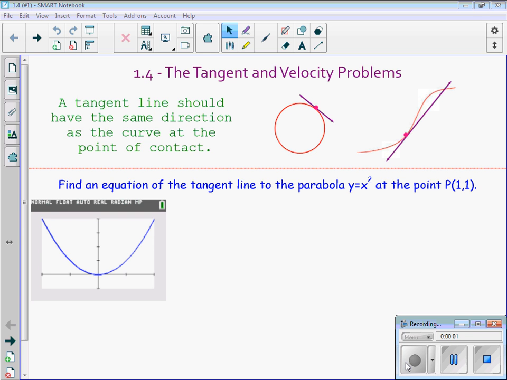Okay, so 1.4 is talking about the tangent and velocity problems. Obviously you need to know the difference between a tangent line and a secant line. Those are some of the terms that you're going to hear right away. Okay, so a tangent line should have the same direction as the curve at the point of